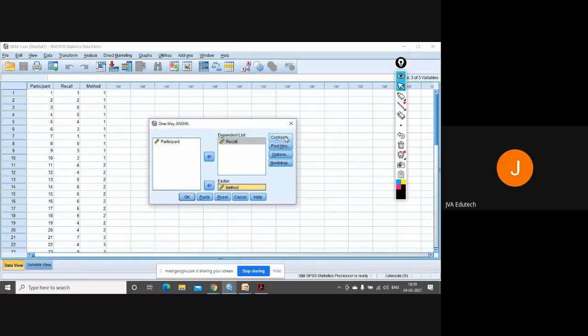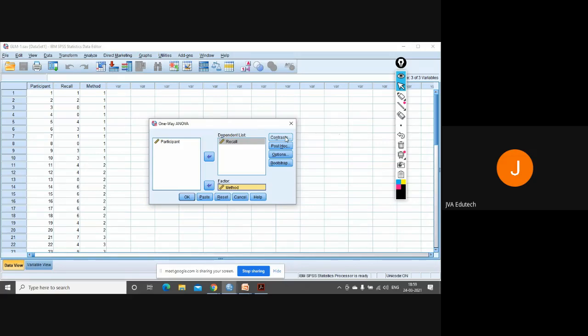So you already know that the placebo won't have any effect on treatment of fever. It will significantly differ from Ayurvedic treatment and allopathic treatment. So already you have hypothesized. Then for multiple comparison, you can use the contrast method.